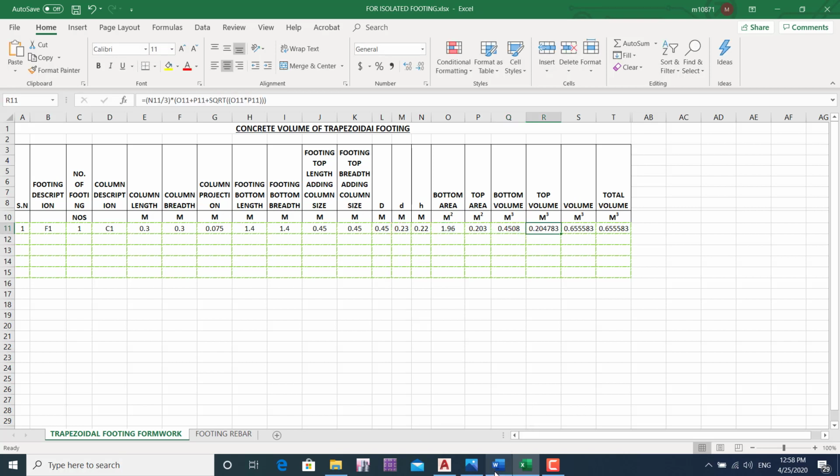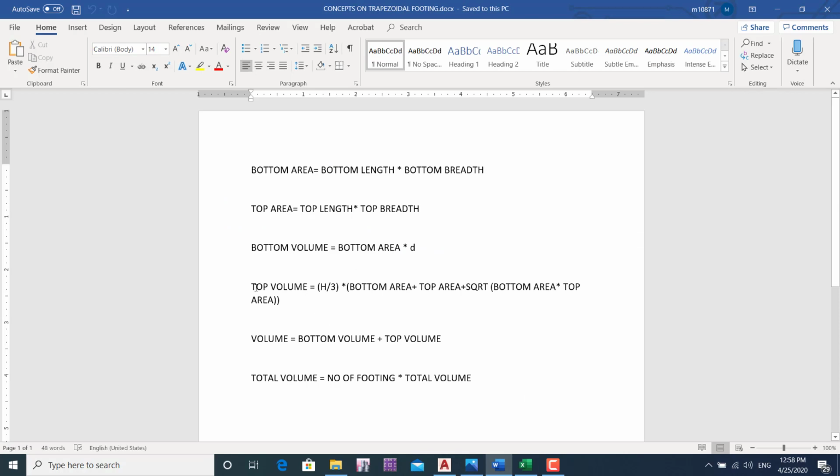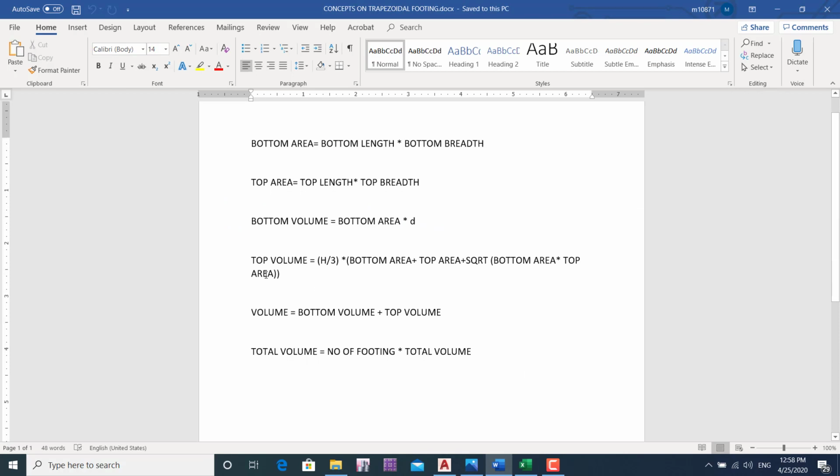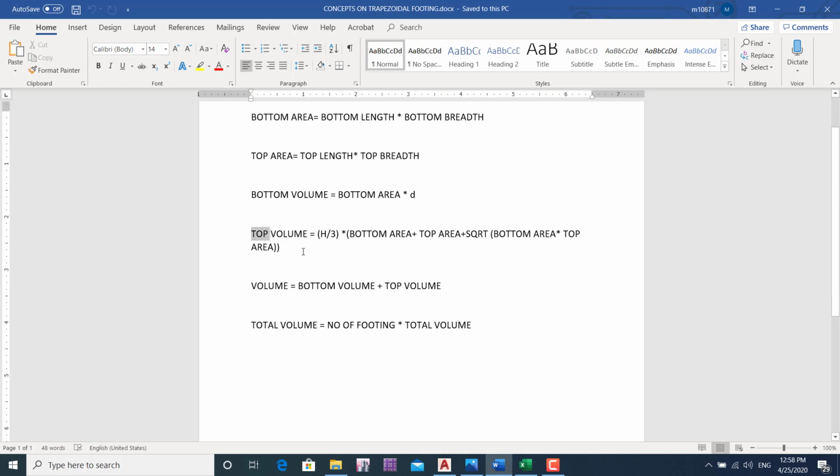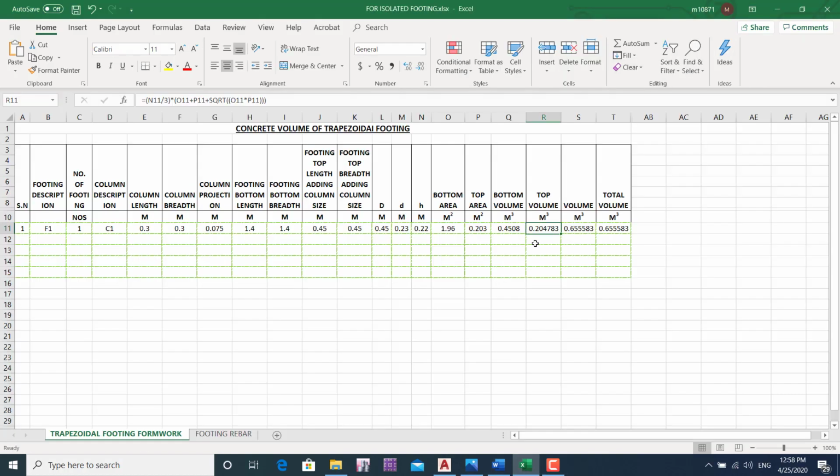What is top volume? We can simply use the below formula. Top volume is equal to h, height, divided by 3 times bottom area plus top area plus root under bottom area into top area. We can use the given formula to calculate the volume of the truncated pyramid. Now we will give it input here.